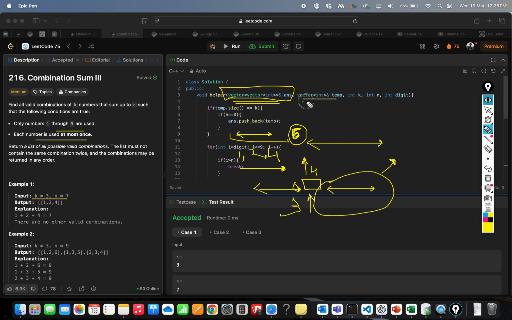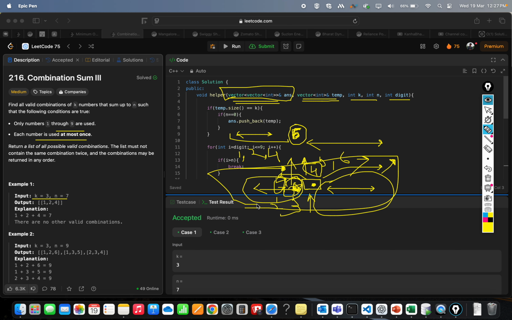This is the temporary, temporary means this previous part. This is k, and this digit is nothing but this digit, or this digit which we are going to start with. Okay, and after checking with 4, we will check with 5, we will check with 6, and so forth, so that for this part we will check for everything, and then again we will go back and check for this part again with a greater number. So let's say this is 3, we will check again with 4 here, and then here also let's say this is 2, we'll check with 3 also. So this is how we'll check with all the combinations, right,